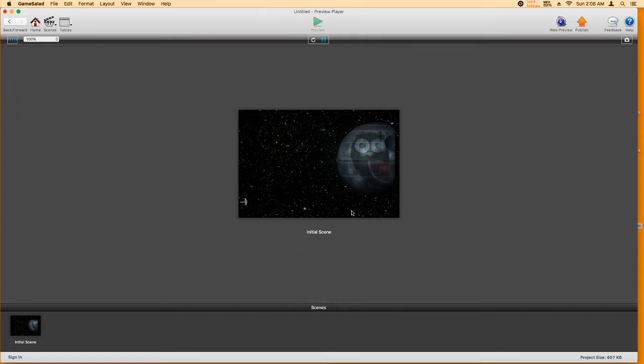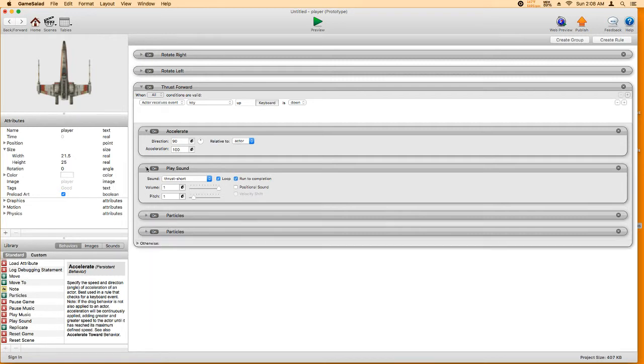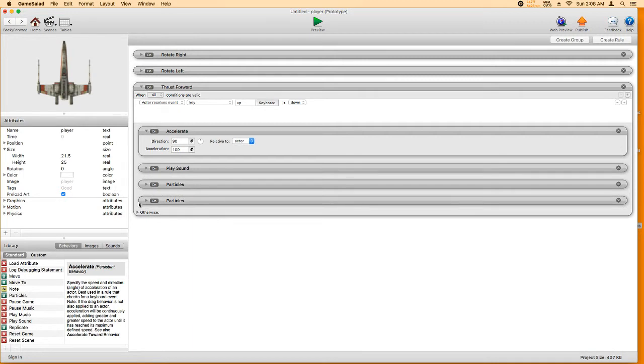And all that does is add a little bit of effect to our game to show that, hey, there's a lot of power and thrust in our X-Wing. So that looks pretty cool. Let's go back a little bit and let's minimize these, get them out of the way. And what we're going to do is